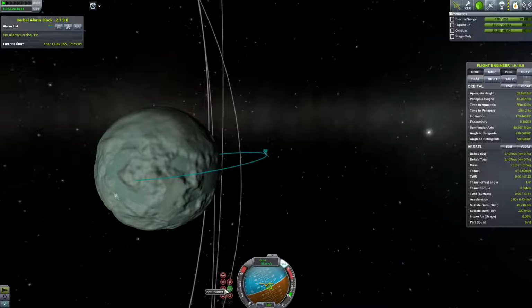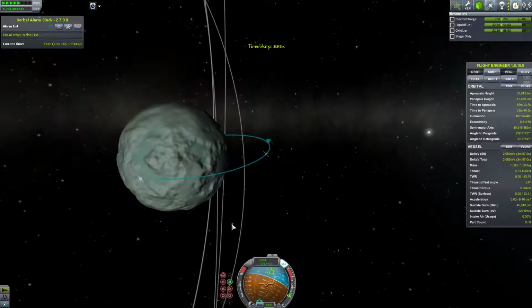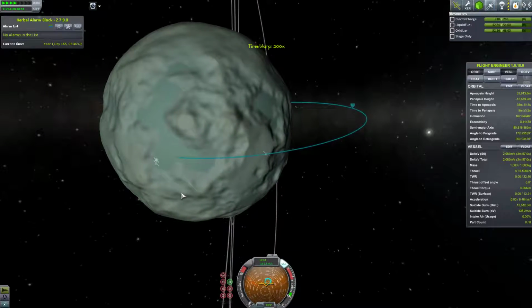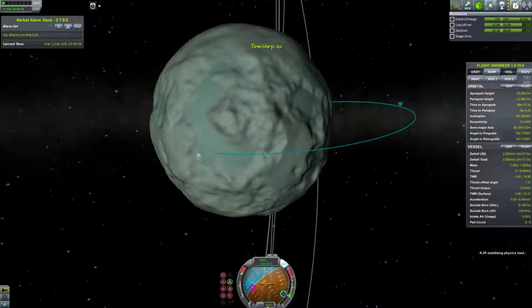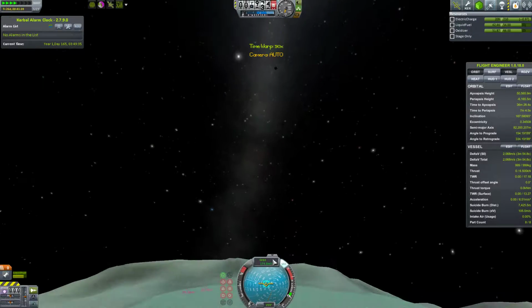Okay, now I need to go to normal actually, because I'm going clockwise around the planet. Hey, I'm getting actually better at that. We're going to get a quick save, because I do not want to end up crashing and not have the chance. Okay, we need to go to this one. We should be able to...